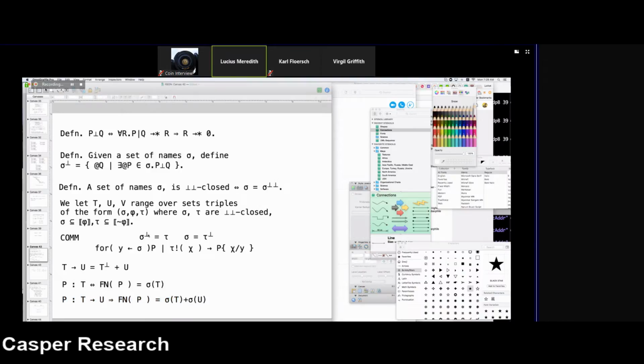Oh, stop that. There we are. Okay, there's sigma of T perp plus sigma of U. So that's the construction. Now there is one other tiny little